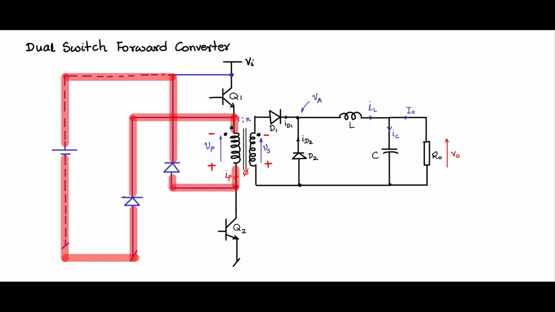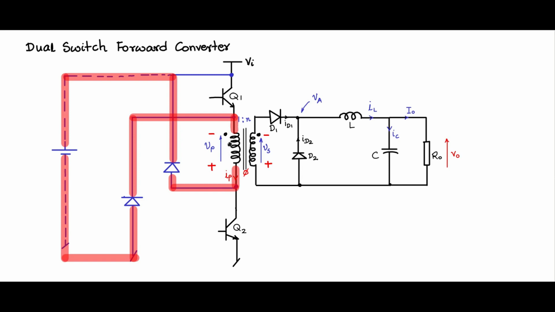Because the same winding is operating as the demagnetizing winding, there is no leakage inductance problem, because everything is included here in the primary reflected, and you will not have leakage inductance spikes on the two switches when they are off. So this is the path where the demagnetizing current will flow, and if you consider diodes as ideal, this whole Vi is coming across the primary plus minus in this direction.